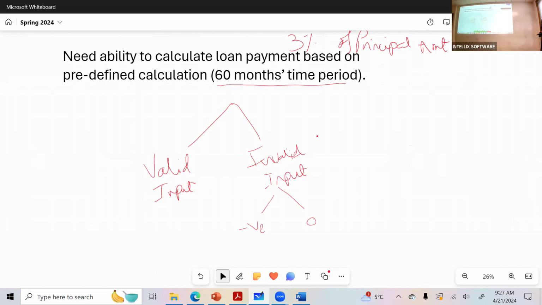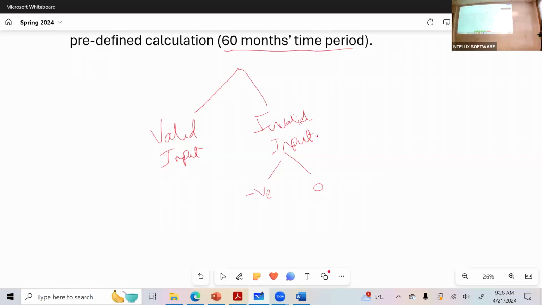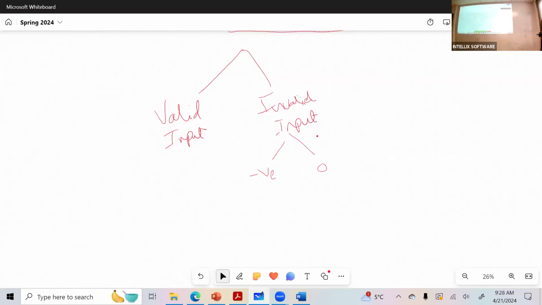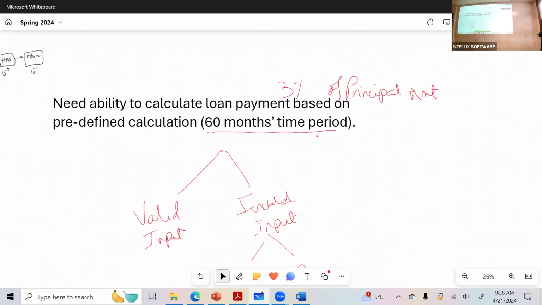So for the valid inputs, we could put a valid loan term. That means we can write only valid input and invalid input to write the test scenario for the loan payment. Okay. So like you were saying for valid input, something else? Yeah, under valid inputs, we can put the valid loan term of 60 months. Again, you're not changing the loan term. It's always fixed. Remember, I gave the calculation to you guys, right? So you're not changing the interest rate or the 60 months. It's always the same.